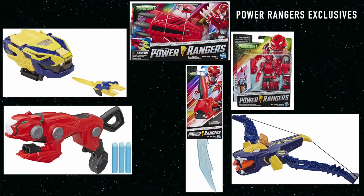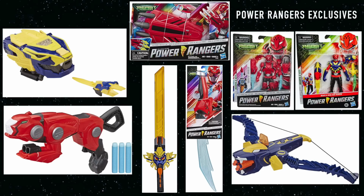Now this one's kind of a given, it was largely dictated by the Sentai, but Hasbro did try and flesh it out a bit. They bulked up the roleplay and the in-show battleizer modes to give more toy potential for the line. But there's no denying that with just 5 Rangers and 6 Zords, there's not a lot here for the toy line to adapt over a 2-year period. In fact, I'd go so far as to say that Beast Morphers is one of the smallest Power Ranger toy